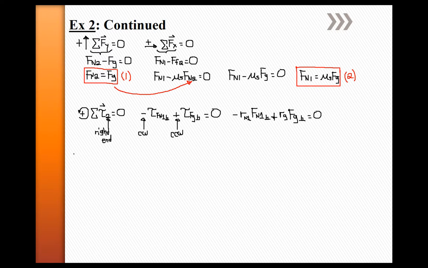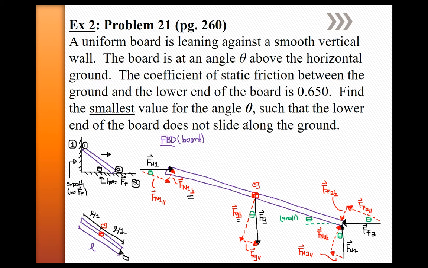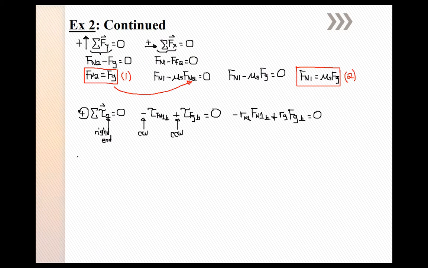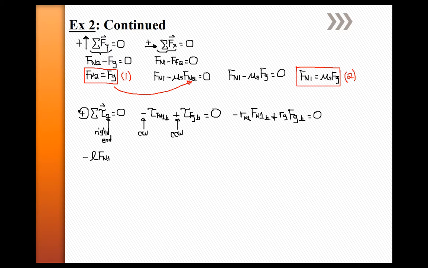Let's expand this a little bit. What is the lever arm from the pivot point to normal force 1? Let's look at the picture. From the pivot point, the right end, all the way to where the normal force 1 is located, that's the full length of the board. So that's going to be L. The lever arm from the pivot point to the center of gravity is just half the length of the board, so that's going to be L over 2. Let's expand this. So this is going to turn into negative L, and then we have Fn1 perpendicular plus L over 2 times Fg perpendicular